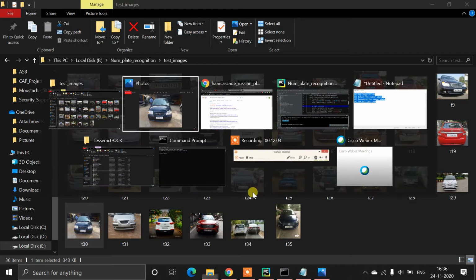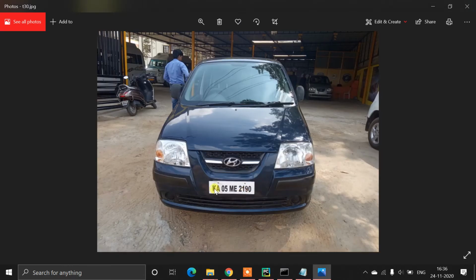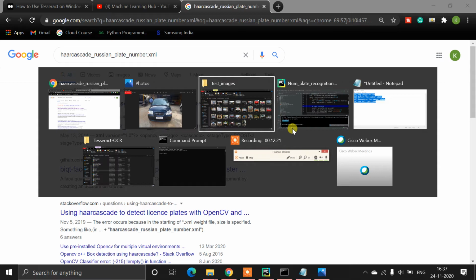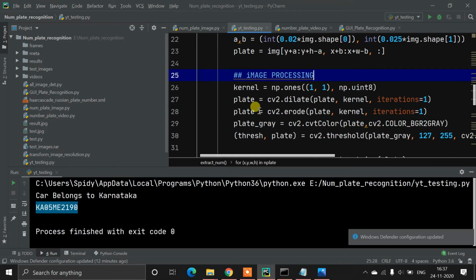Now I need to do some image processing here. So what I am doing, I am creating a brighter image. Actually I am doing image editing, just as if you take a screenshot on your mobile, you can change the brightness and crop. That's what I am doing here. I am cropping this number plate from here, and now I am changing the brightness, or we can say the sharpness of the image. So here I am using the threshold technique.